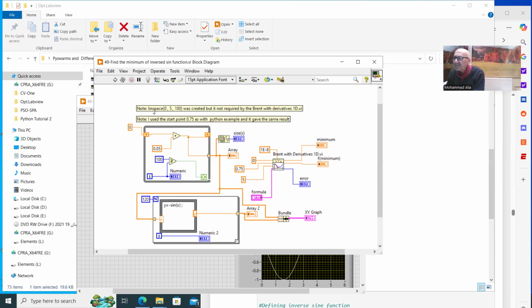I wrote for you here a line as a note. Linspace 0 to 5, 100 was created, but it is not required by the print with derivative 1di. If you want to find the minimum without drawings, I mean, you do not need it. But if you want to draw, you need to have the x values. So the x values are introduced to this for loop and as an x variable to